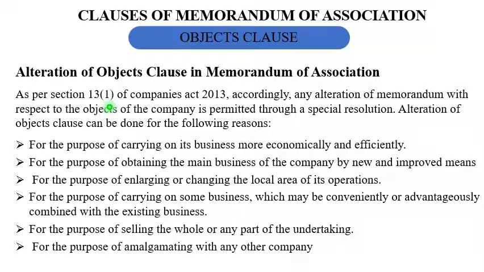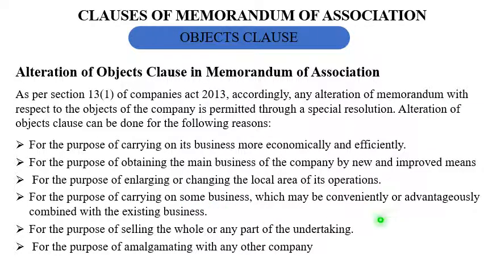As per section 13(1) of the Companies Act 2013, any alteration of the memorandum with respect to the objective clause is permitted by a special resolution. किस पर्पस के लिए होता है? फॉर द पर्पस ऑफ कैरी आउट बिजनेस मोर इकोनॉमिकली और एफिशिएंटली करने के लिए, या कंपनी वांट्स टू ऑब्टेन the main business of the company by new and improved means, कि new technology करना है या totally new formation करना है कंपनी को, या कंपनी enlarging or changing the local area of its operations,